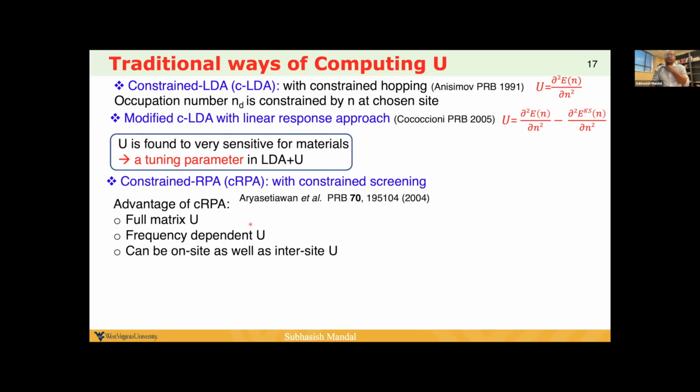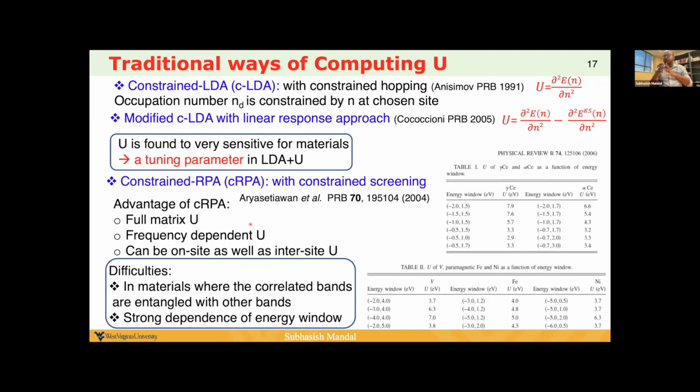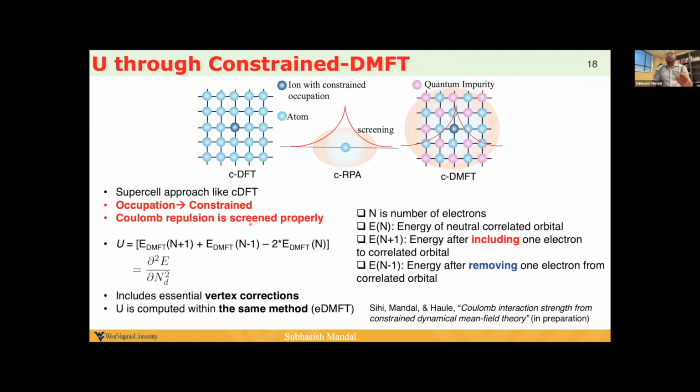screening. There are advantages of CRPA: you can get the full matrix, the frequency dependence, and it can be on-site and intersite. But the difficulty is that for metals, it is quite difficult to disentangle bands, and it depends on the energy window. And most importantly, this U is material dependent as well as method dependent. So if you want to calculate electronic structure in a particular method, it is better to calculate the U in the same method. So this is what inspired us to calculate the U through constrained DMFT, where we actually calculate